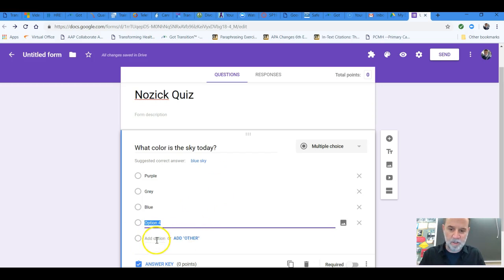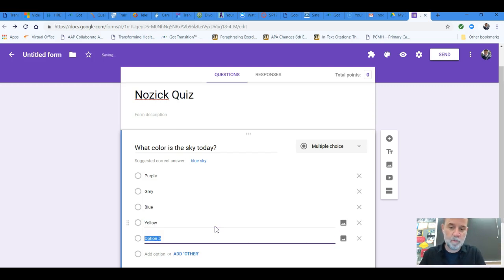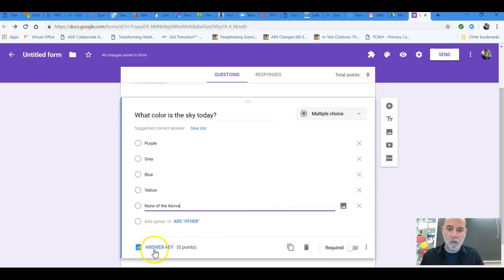You can actually click inside of there. But essentially what you're doing is you're just adding multiple different options here. Okay, so here we have A, B, C, D, E. So 5 possible options. To set a correct answer, you would click on this answer key